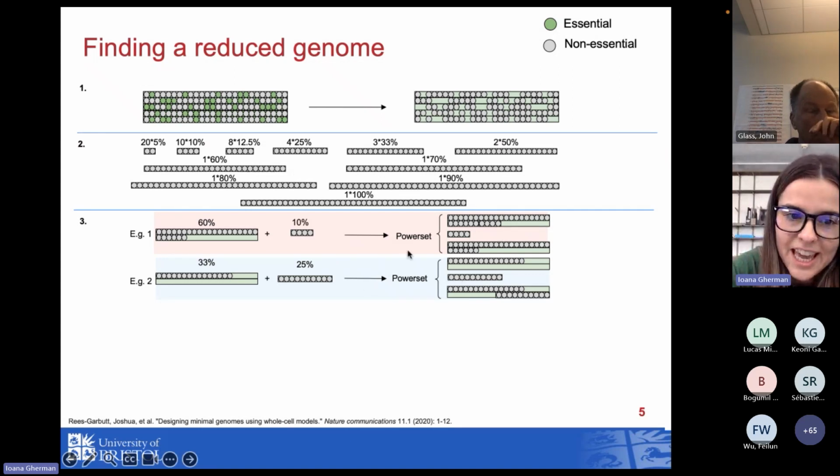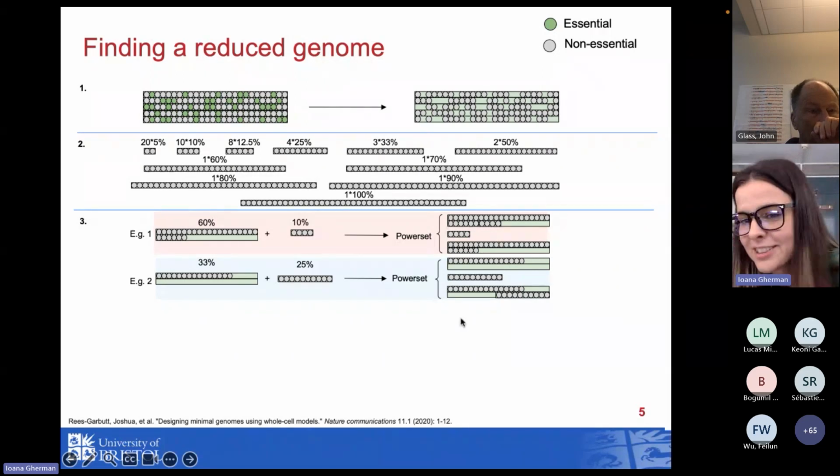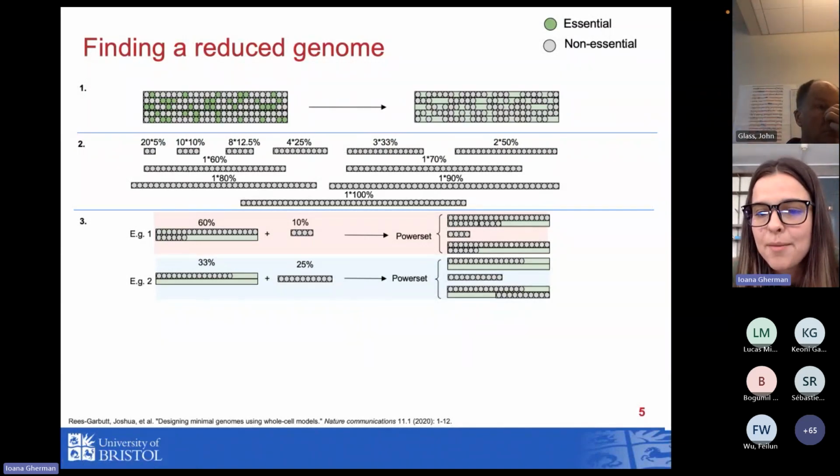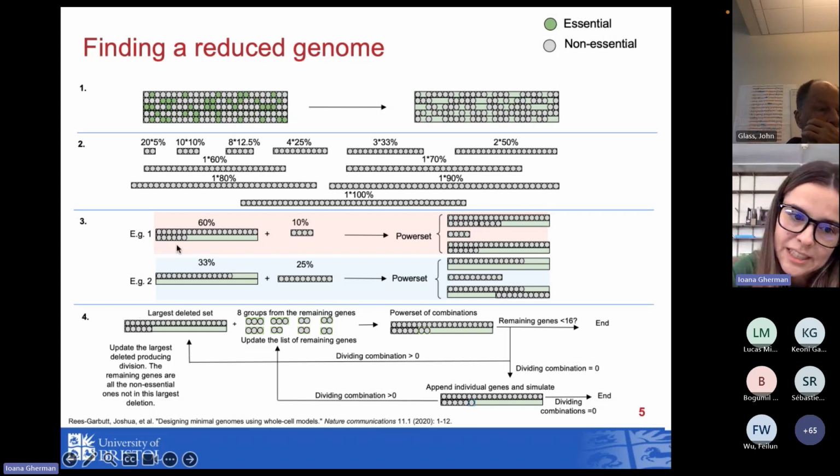set. We simulate again, and you can see already here that by now we would run above 10,000 simulations, because here we have like 1,200 single gene knockouts, then we have 56 here, and then running all these combinations, it's easily around 10,000. So that's why having this machine learning surrogate, which can emulate the behavior of the whole-cell model, is actually quite useful. So the next step is we take again the largest segment that we deleted here, and that still produced